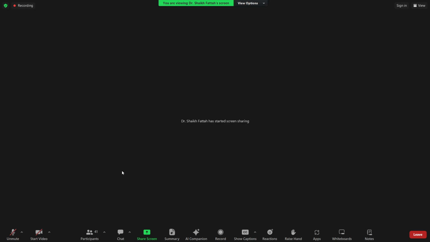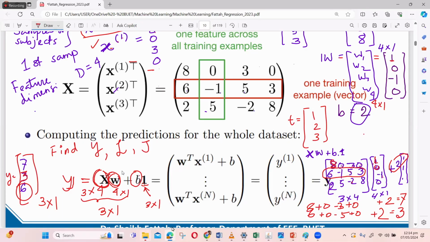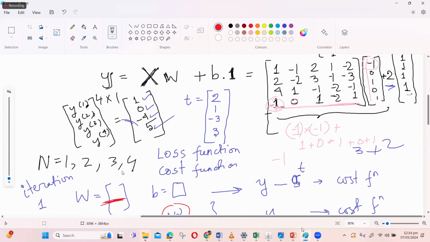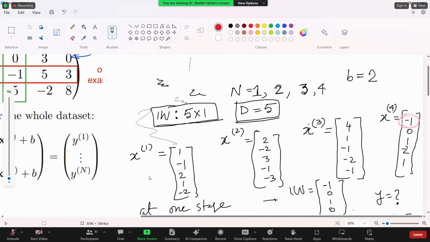লস ফাংশন বললে যেটা হবে, তোমার হাতে 7 চলে আসছে y, আর t দেওয়া আছে 1 2 3। তার মানে লস ফাংশন হচ্ছে, প্রথম লস ফাংশন 7 মাইনাস 1 হোল স্কয়ার ডিভাইডেড বাই 2। তাহলে 7 থেকে 1 বদলে 6, 36 ভাগ 2 18। এরকম তিনটা লস ফাংশন বের হবে। আমাদের টাইম শেষ আমি জানি, কিন্তু অনেকবার ইন্টারাপ্টেড হয়েছে বলে একটু পিছিয়ে গেছি। কাইন্ডলি এটা একটু লিখে নাও।